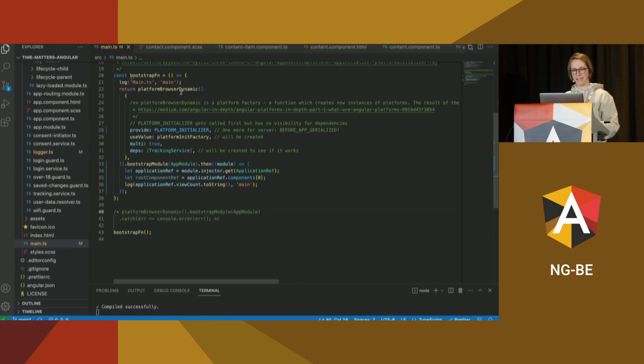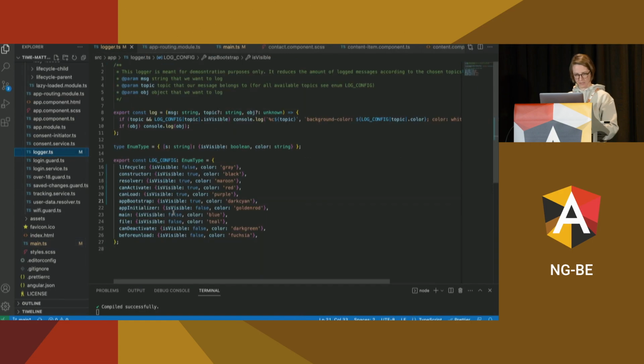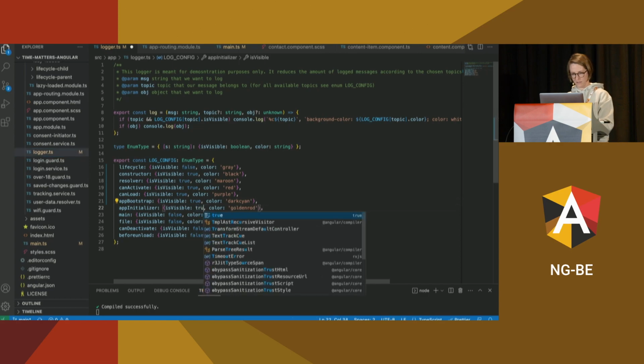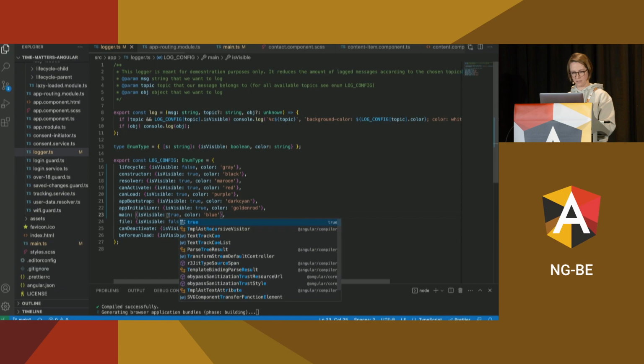However, the platform browser dynamic accepts an optional parameter, and that's what we are using here. We are providing platform initializer. We also use a factory for this. We inject the tracking service. It looks like this. And I need to log it. So that was here and here.